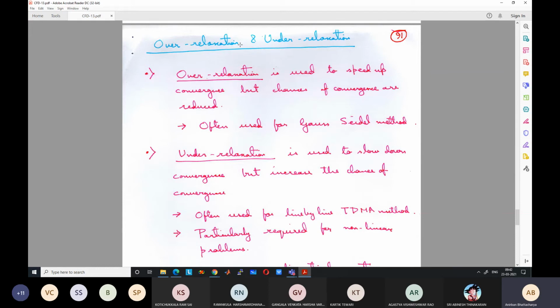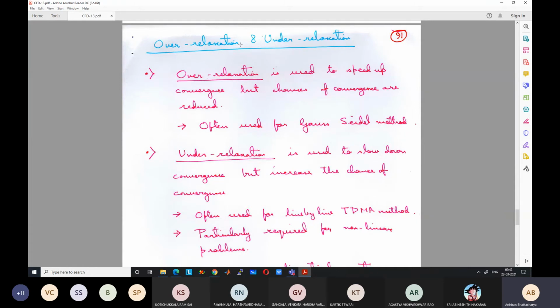Okay. Because we are using an iterative method, this is only valid for iterative method. Whenever you are using an iterative method, ultimately you will reach the correct value, but the number of iterations will increase because we are going slowly towards the correct solution. Even we can take a smaller under relaxation. Say if I take 0.1, so instead of going towards 200, I can just go towards 110. And like this, small steps can be taken to go towards the correct solution. So it will slow down the convergence.